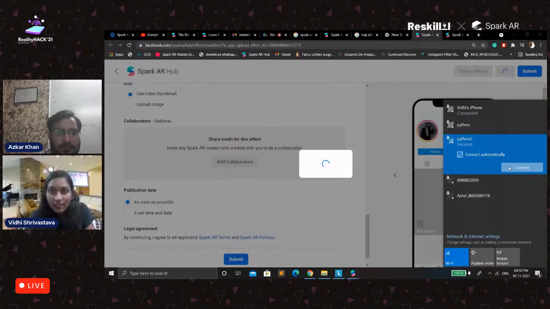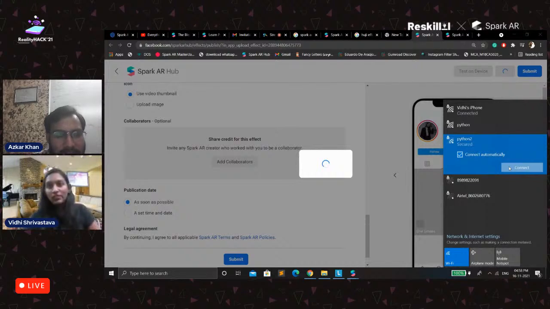See, so you can share it from here once your filter gets uploaded. So this is the URL of your filter, and if your filter is not accepted, what you could do is you will just click on three dots and test on device. So if you copy this link and send it to your friends, only 50 users can use it while your filter is still in review, and in review it takes maximum 5 days and minimum 2 hours to accept the filters. So if you want your friend to see how you have made it, you can share this link, just copy and paste it to WhatsApp, and if it gets accepted, for example, this is visible, it's being accepted, so I can directly give this link to the people.